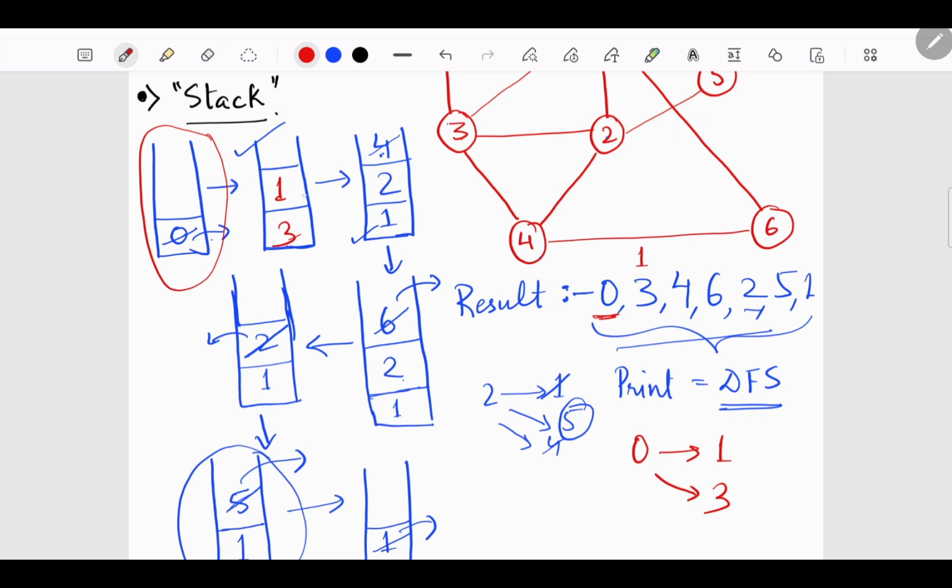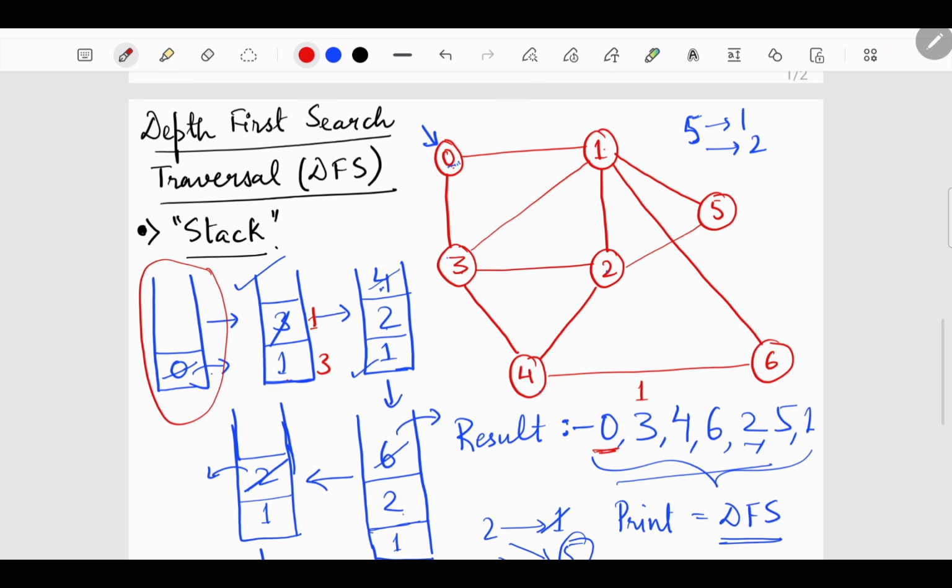And after this, see, earlier, I'll just write the previous one. It was like this. So you popped 3. And then you inserted the 2 nodes which were adjacent to 3, which were 4 and 2. So, contrary to this, if we would have inserted the nodes in this order, then from the stack you could have popped out 1. So, here it would have been 1. Okay. And then as you popped out 1, you would have required to insert the nodes adjacent to 1.